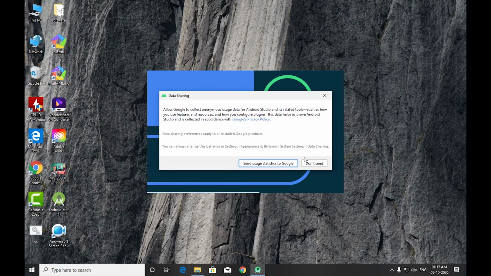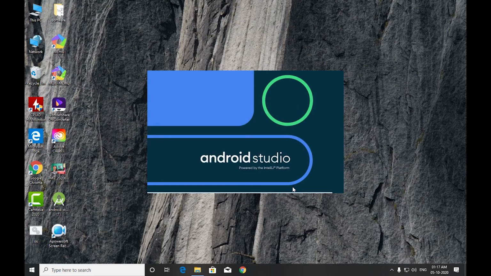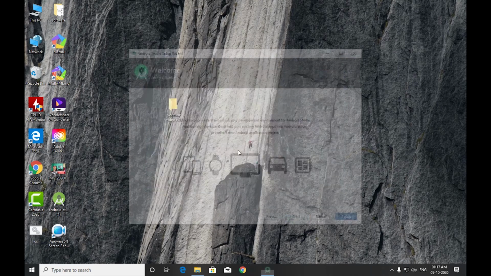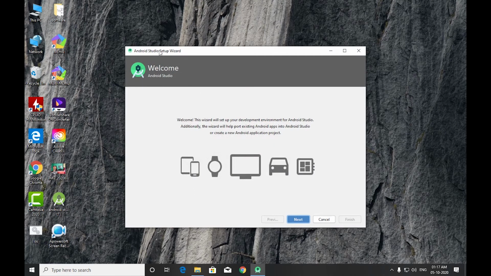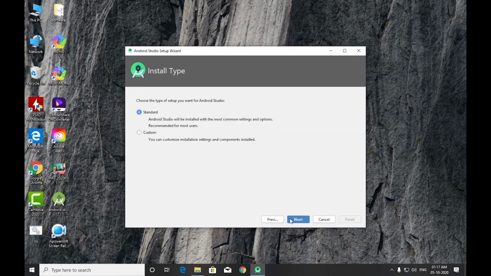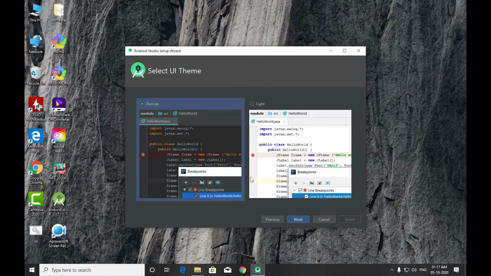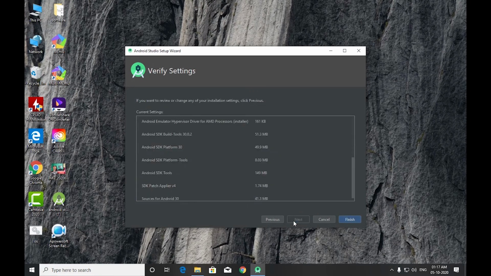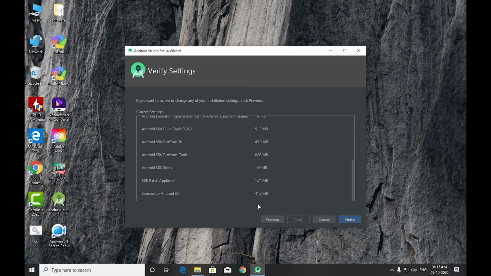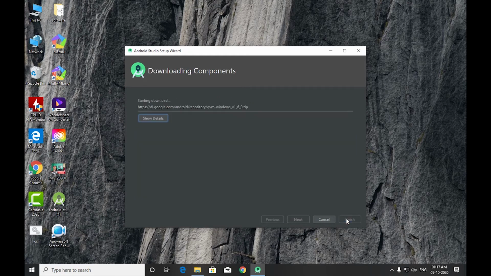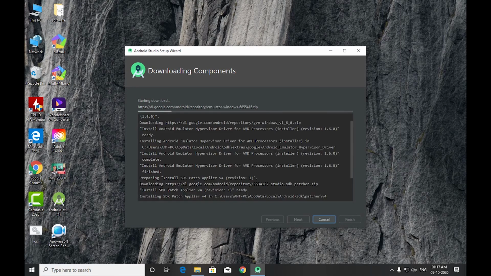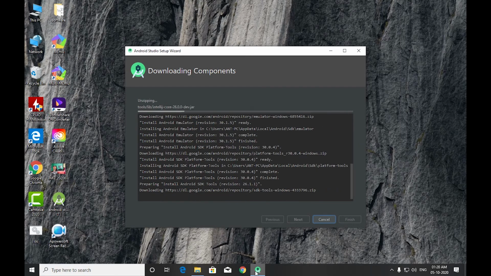Just follow the steps. You can select. This program is very important for Android Studio, so it will take a lot more time. I will just fast forward.